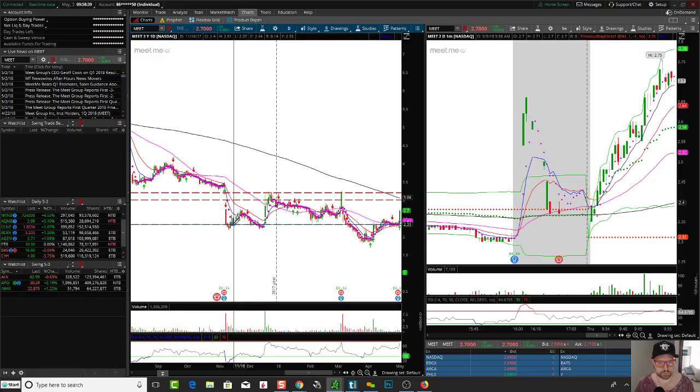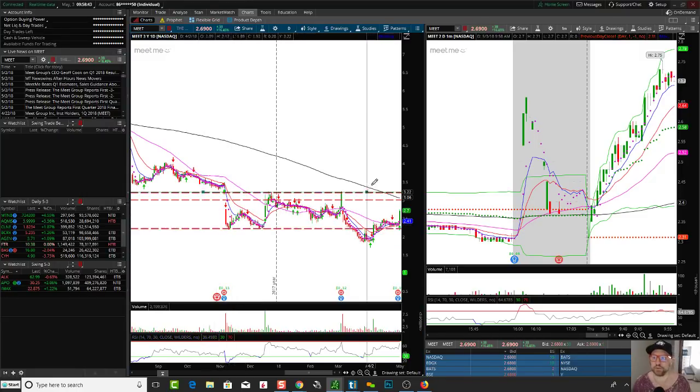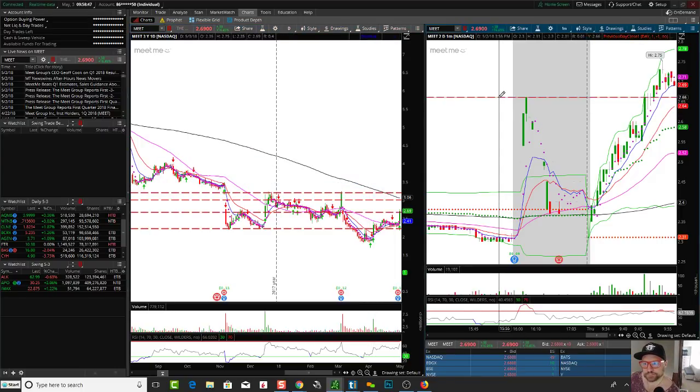$3. Some support on it here. Then you got this pre-market right here. All right. So got to watch and see what happens here. Is it going to fall and touch